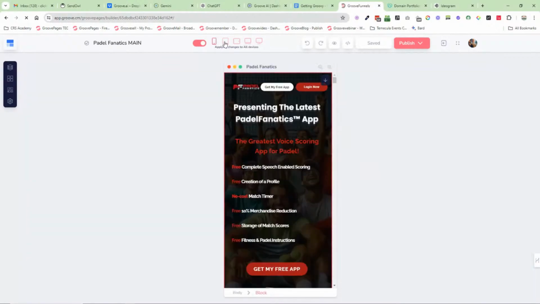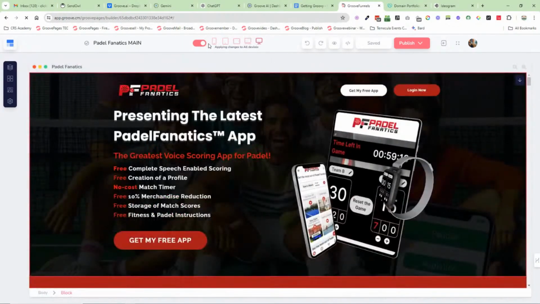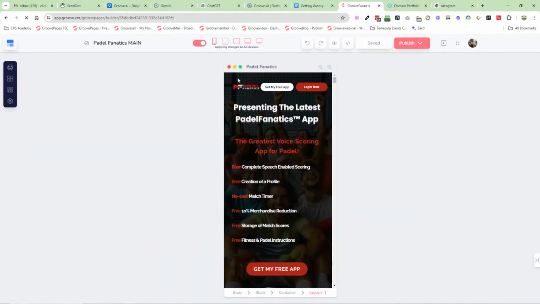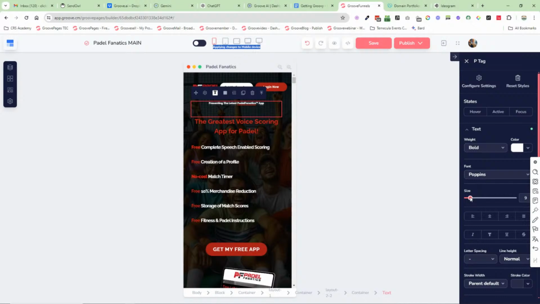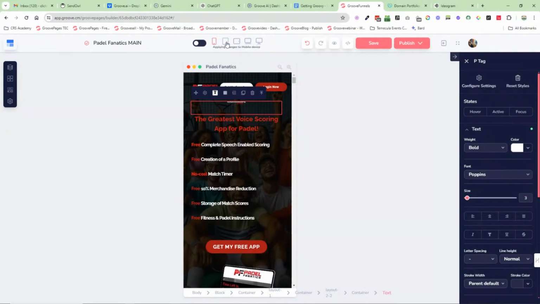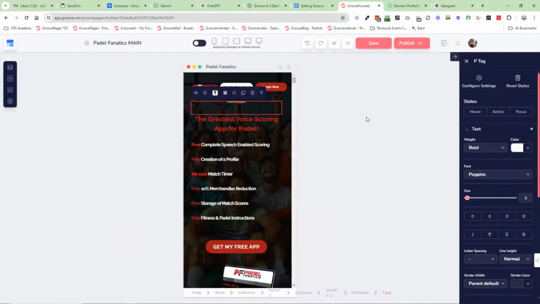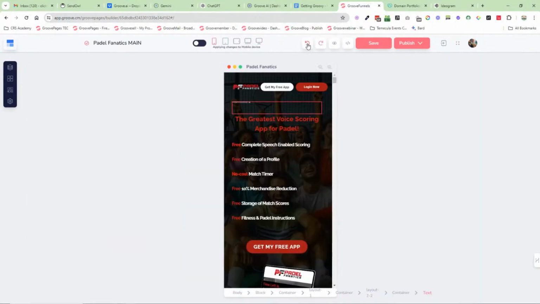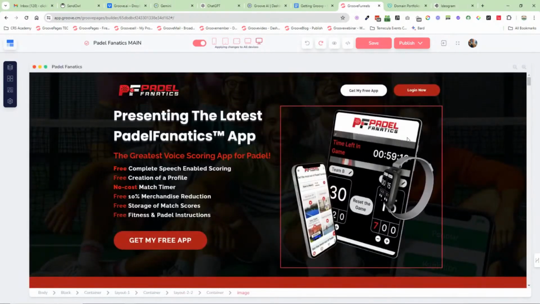Here we have all of our different views: sideways, tablet, laptop, desktop. If you would like, for example, to change something on just the mobile, you deselect this, so you now see that this changes that. Let's say I want to change the size of the text. I want to make it stupid small because I want to show you that it won't change anywhere else. See that? And then if I want to get back to where I was, just use the back button. It's my favorite button in the whole app. And then remember to reselect, just so that you can carry on editing.